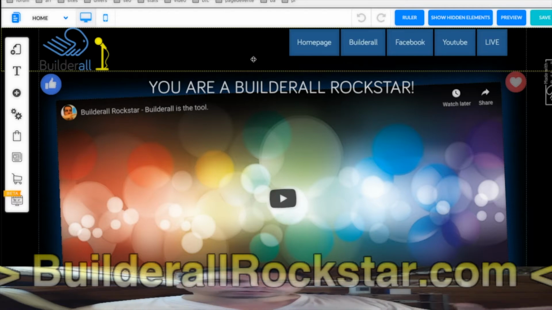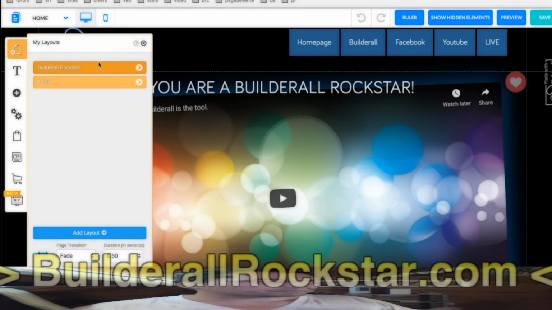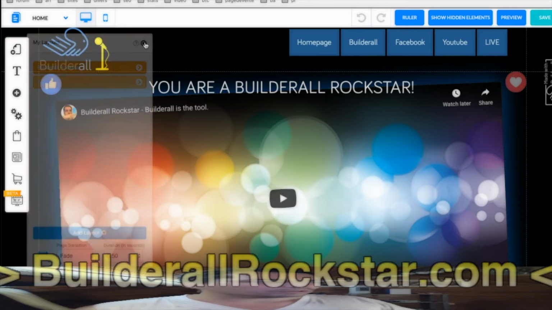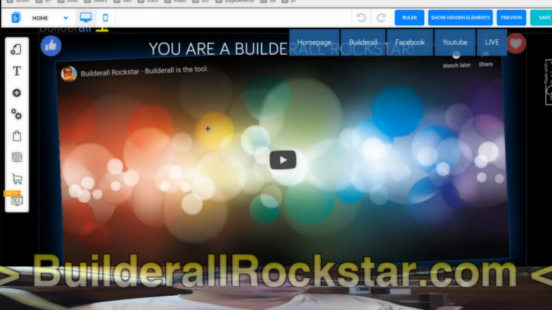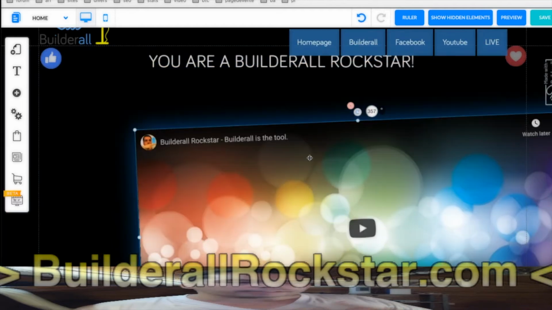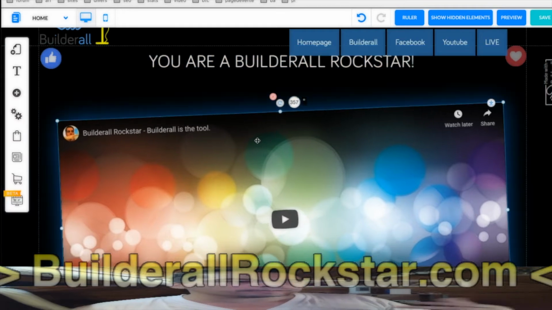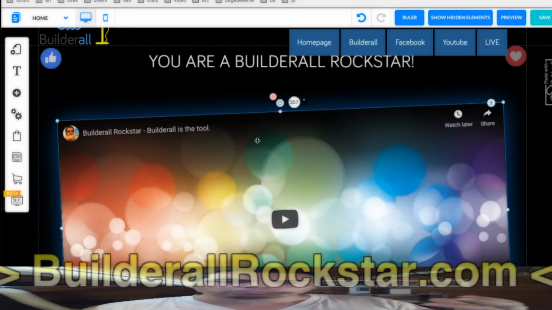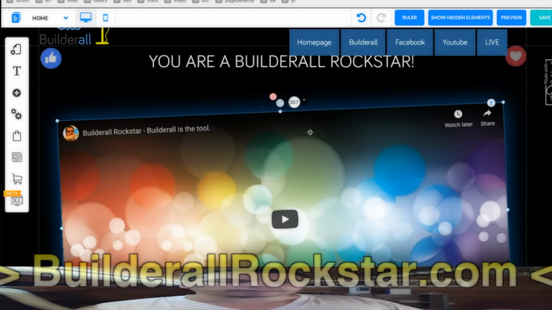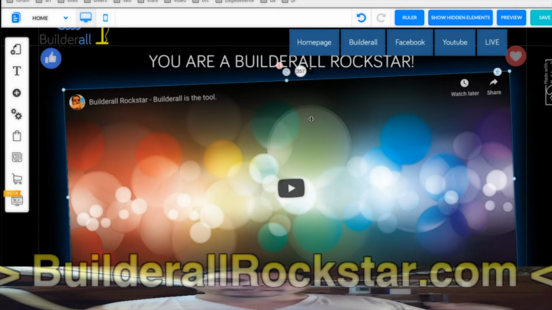So once it's done, you have Pixel Perfect, just like we are used to, with everything. So they can move around, but it won't affect my website. It's part of the website sharing feature of Builderall, which is very powerful. You have two ways of transferring website between accounts, and this is one of them. It's called the public layout. So you can have a link to this.